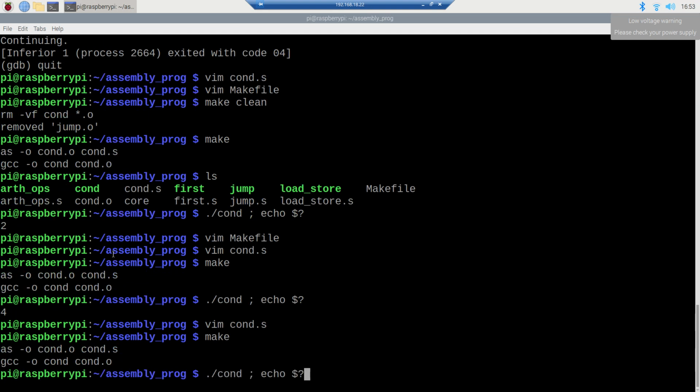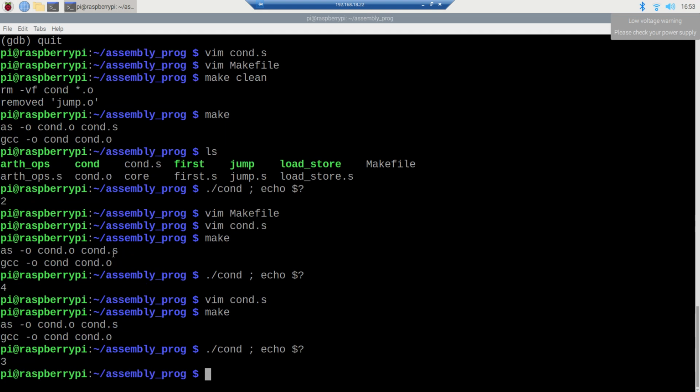Alright, now when I run it, I can see 3. That means the cases are being executed correctly upon different values of R1 and R2 in this program. Alright, so now if I want to run this program in the GDB,